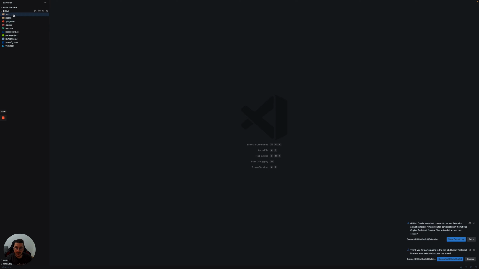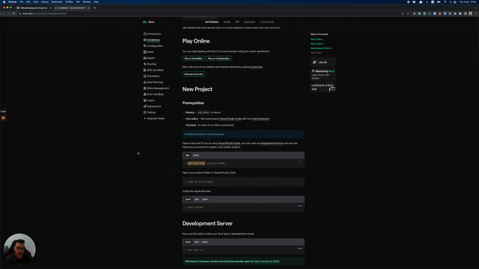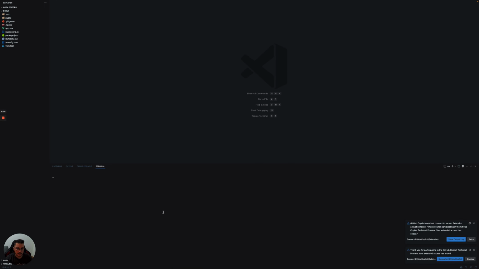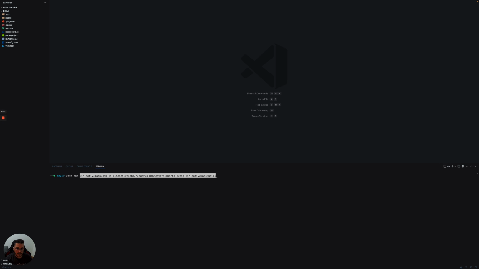And we have all these files here. And then let's install all of the Injective Labs dependencies. And since we are going to need a wallet connection, we are going to install the wallet ES package itself, as well. So we're going to add